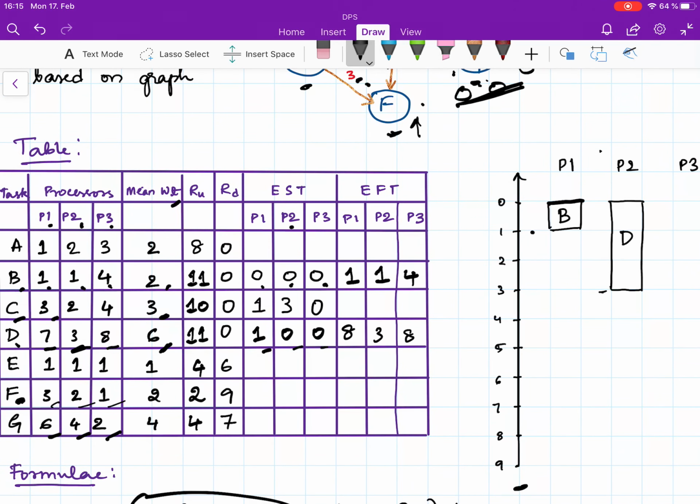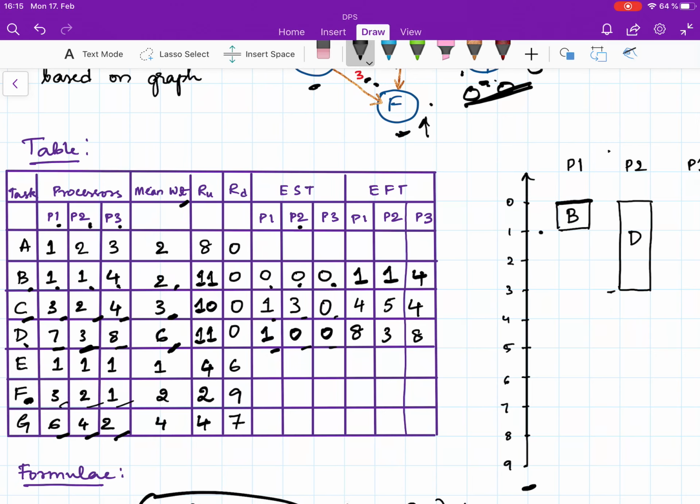So now you add up the processor values 3, 2, and 4 with 1, 3, and 0 respectively. So you get 4, 5, 4. So P1 and P3 finish earlier compared to P2, which is at 5. So you can either schedule it on P1 or P3. Let us take P3 since it's free and it's ready at 0 itself. So how many units does it take on processor 3? 4. I'm sorry, that was wrong. So you need to